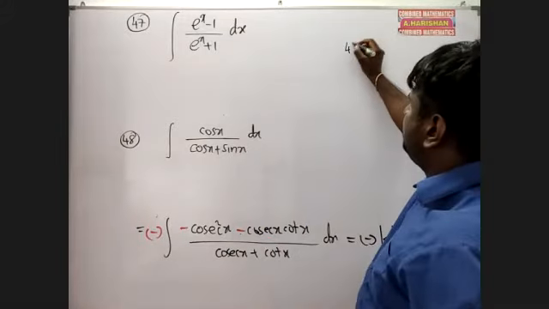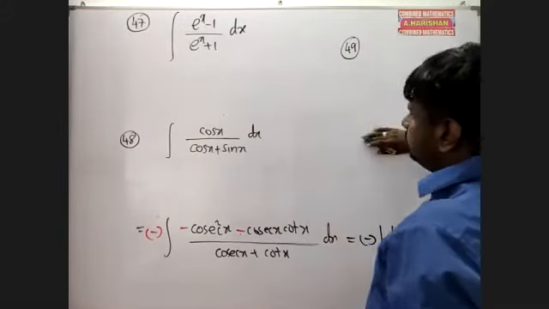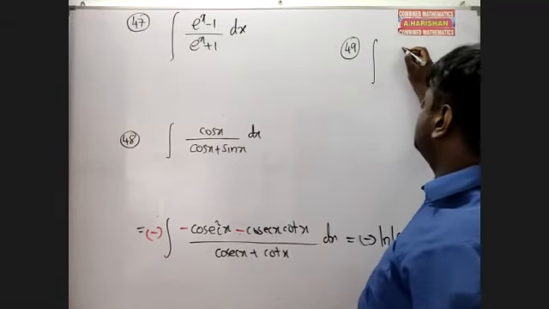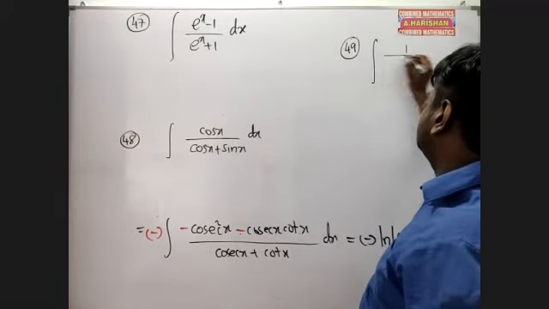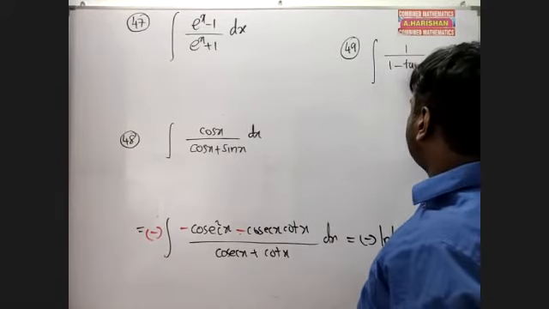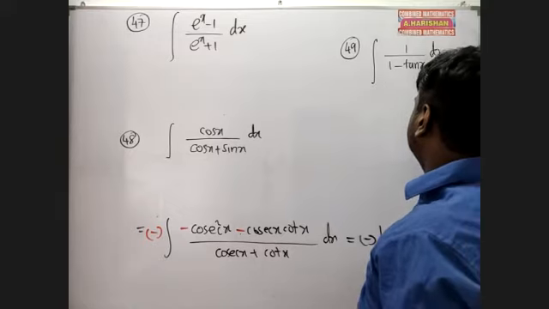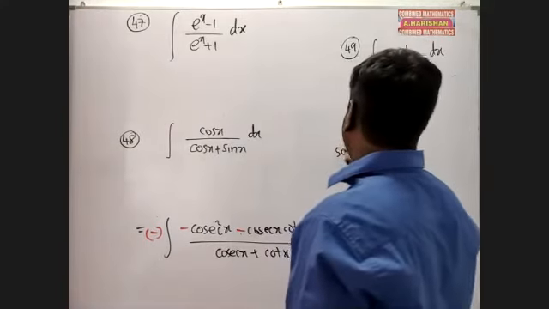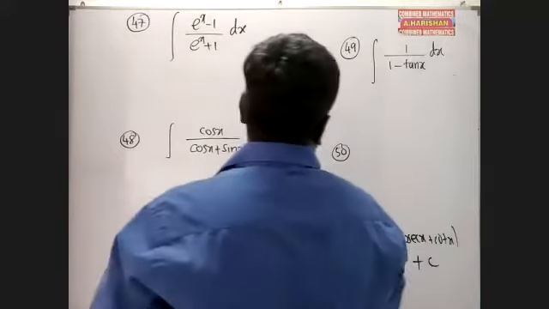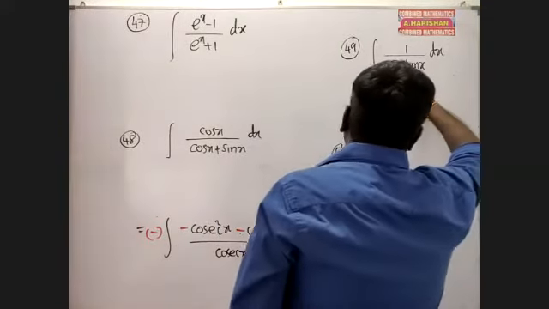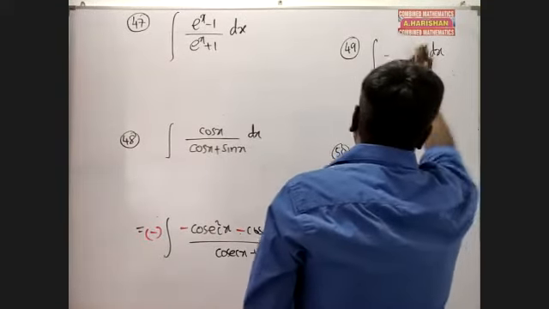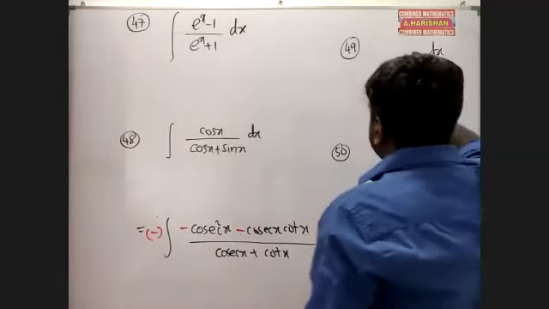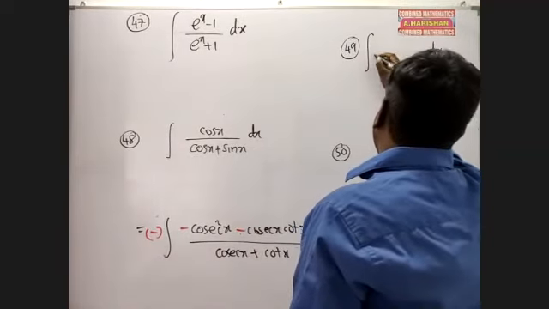The 49th question I put here. The 49th question is 1 over 1 minus tan x, dx. The 50th question, I think it's better not to write this one now. Do anything later, right? 49th is